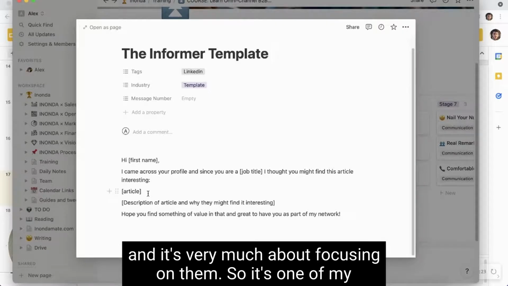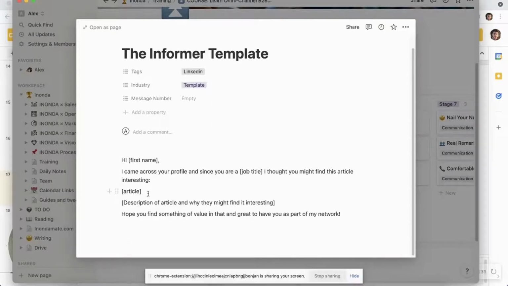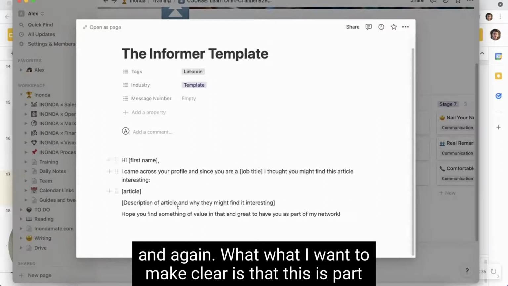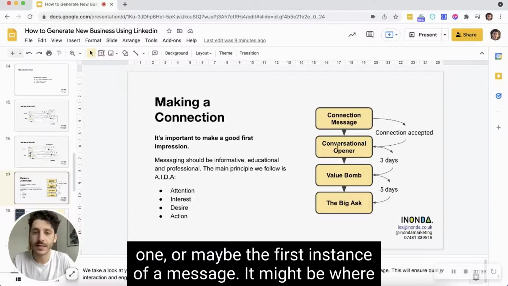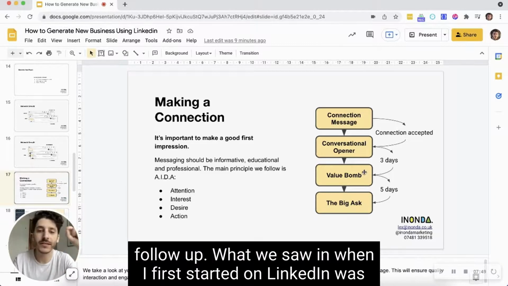And it's very much about focusing on them. So it's one of my favorite approaches because I like to lead with value first. And again, what I want to make clear is that this is part 1, or maybe the first instance of a message. It might be where you're using part 2 in the message. Again, the fortune is in the follow-up.